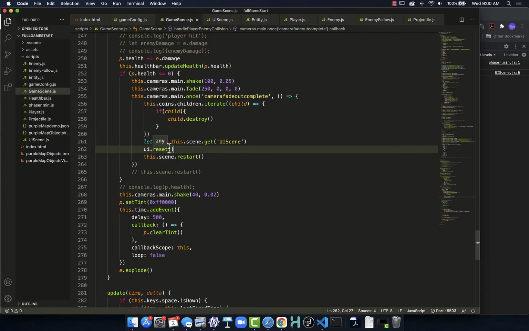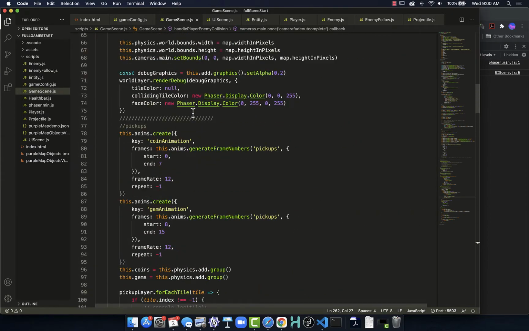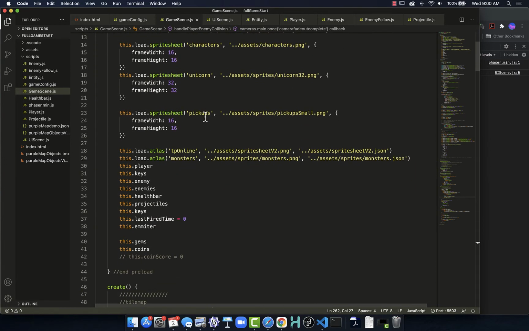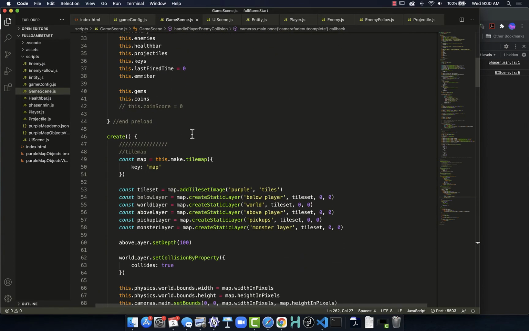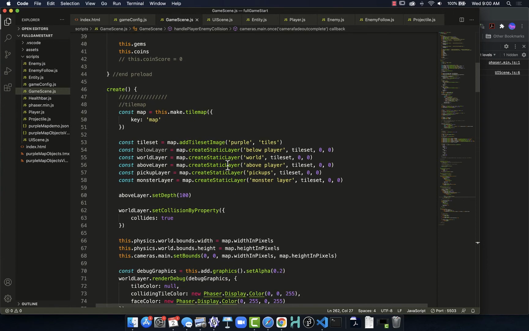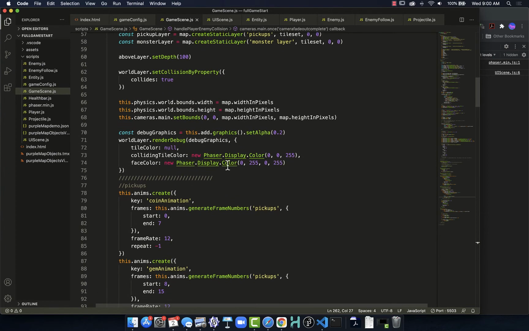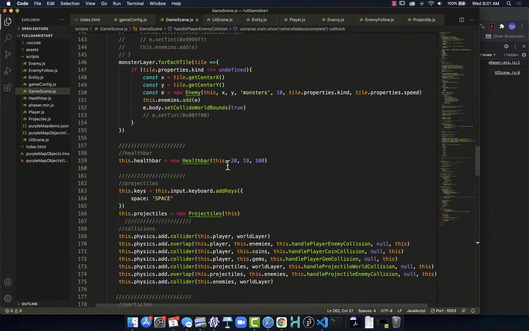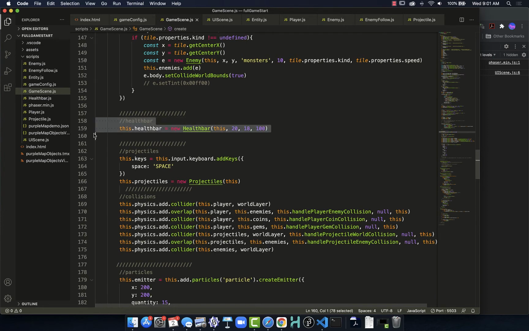The health bar is not too different in that as we work with it, instead of attaching the health bar to our main project, we'll do something else. The health bar doesn't have any graphics for loading, so that doesn't matter there. Under create, we'll wander down until we find the player, the monsters and enemies, and there's the health bar. So we're going to load the health bar